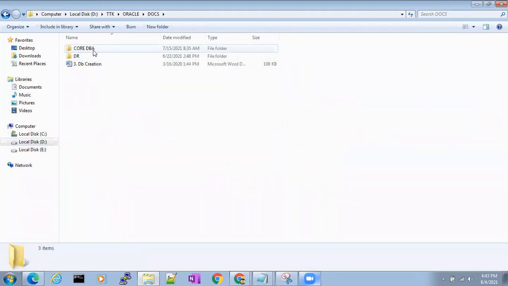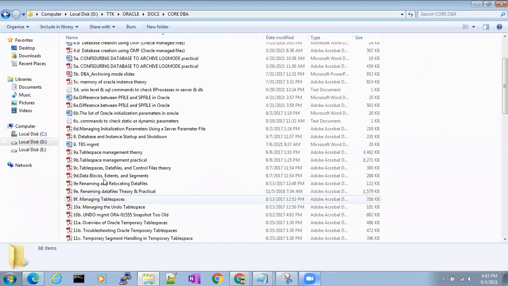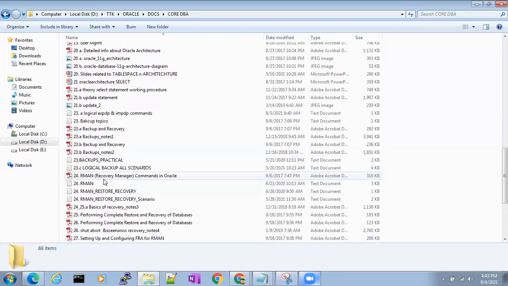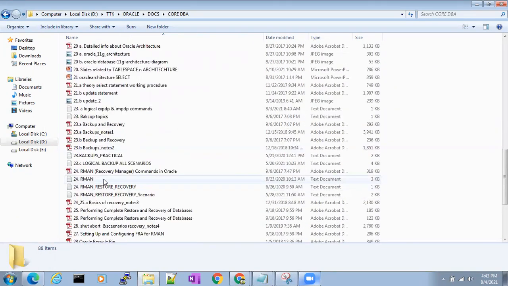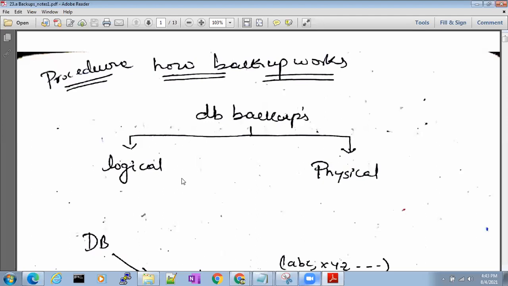Yes. 1 second. Let me check. If you want, I mean, it doesn't need that much explanation. So if you want, I'll explain to you. Wait. Backup notes. Where is it? Backup notes here.